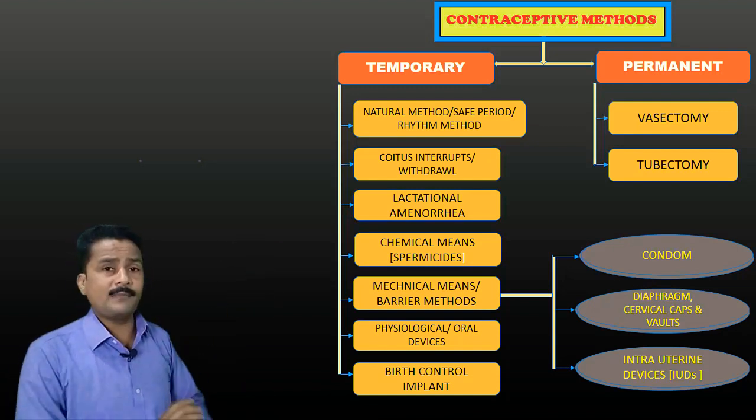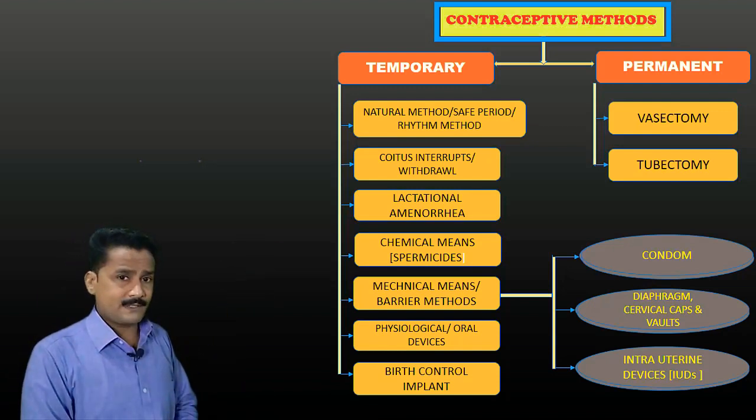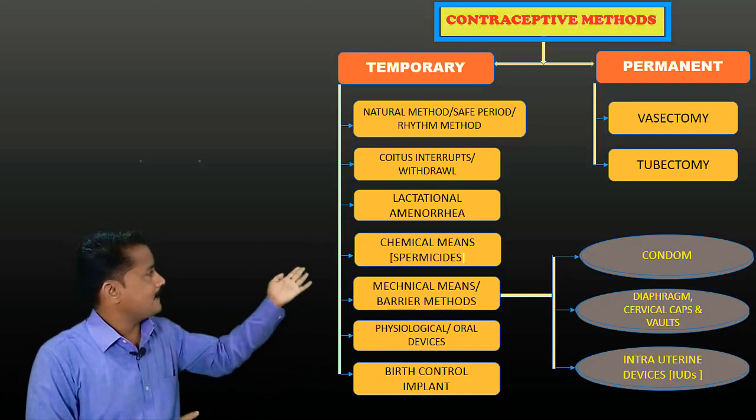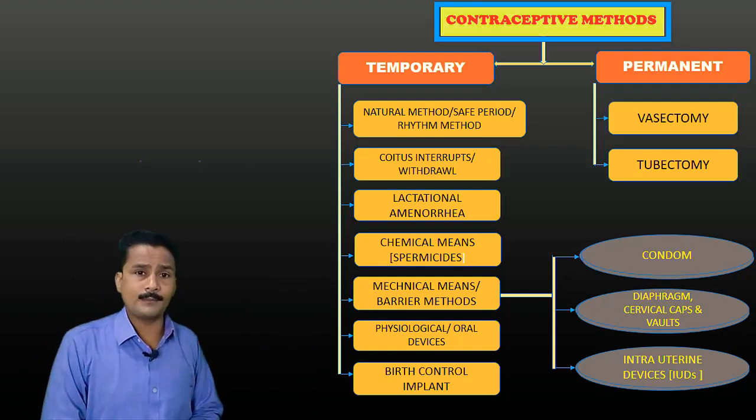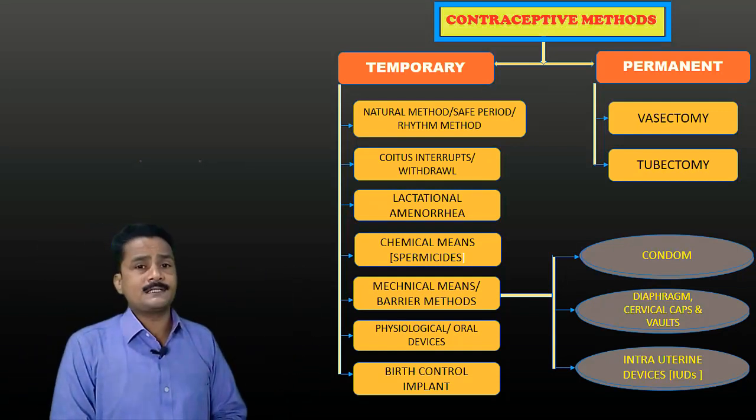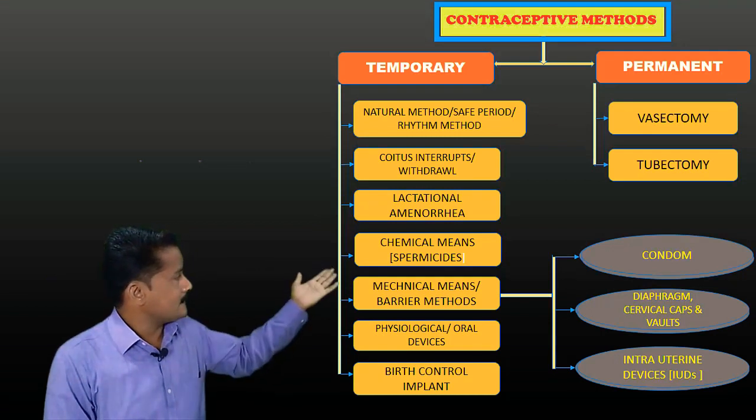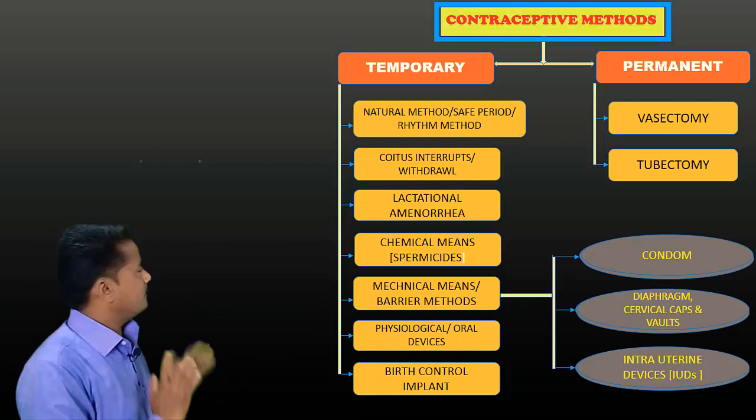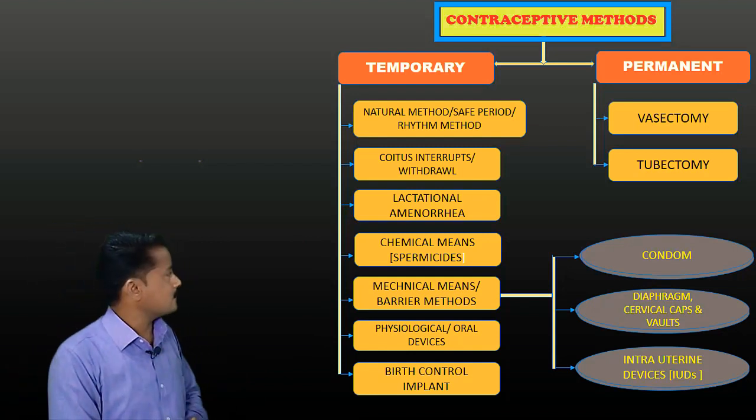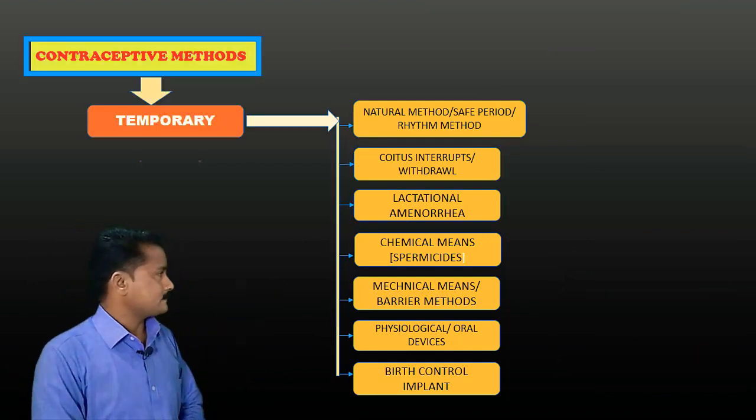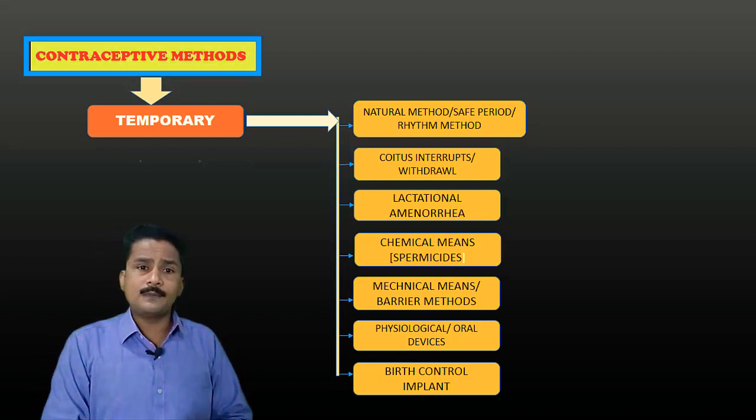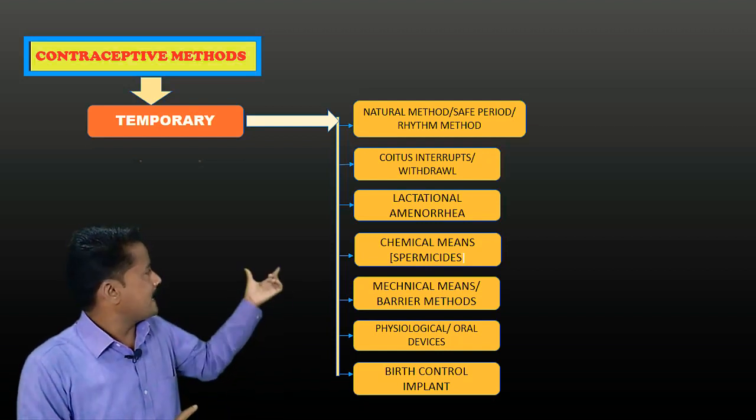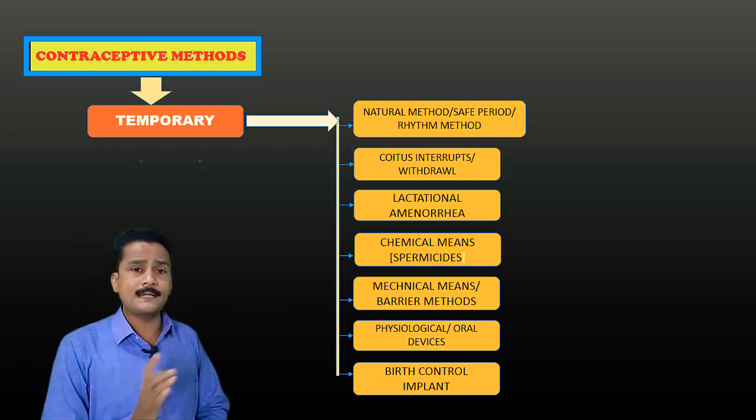The permanent methods include 2 types. One is called vasectomy and the other is called tubectomy. Vasectomy is the method related to the male, and tubectomy is the method related to the female. So that is the outline for the various birth control methods. We are going to concentrate on them one by one. Here we are going to focus on the first part, the temporary method. In that, the first type is the natural method, also called the safe period method